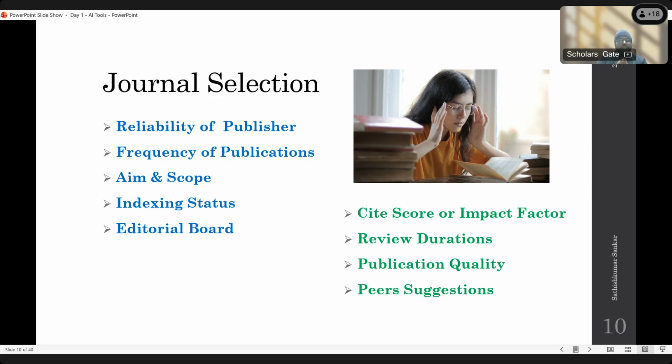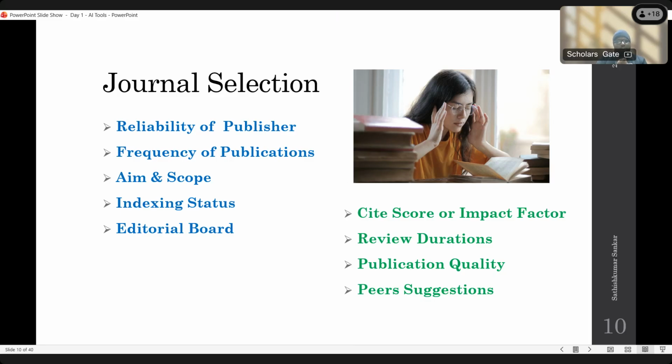So what is the quality of your work? If you have quality work, you can go for the SCI publication. If your quality is not at too high a level, if the novelty is not too high, you can go for the Scopus publication, based on your requirement. As researchers, if you want to get your PhD degree, every institution has its own norms. So based on the institution norms, you can filter